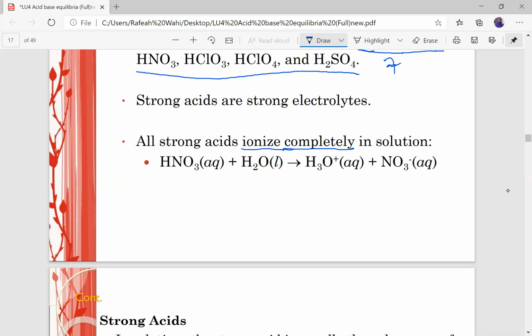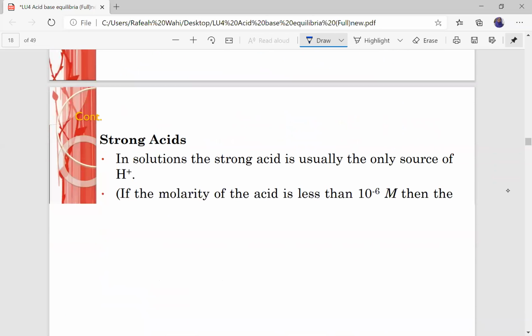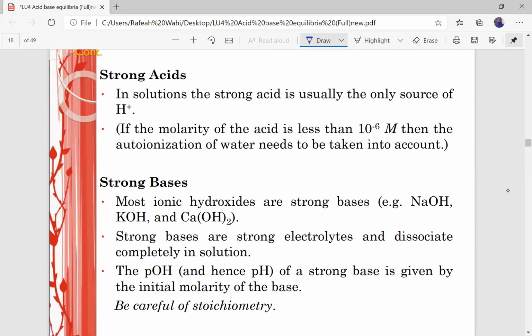dissociation. It's different from a weak acid. Weak acid has less than 100% dissociation. That's why it's called weak acid. But for strong acid, it ionizes completely in a solution. For example, nitric acid dissociates into hydrogen ion and also nitrate. Normally for a strong acid, in any solution of strong acid, the strong acid is usually the only source of